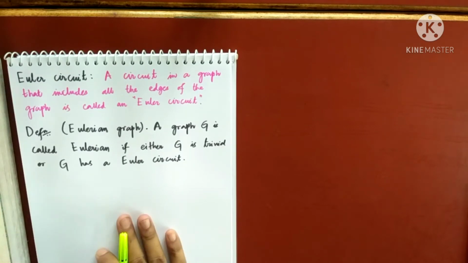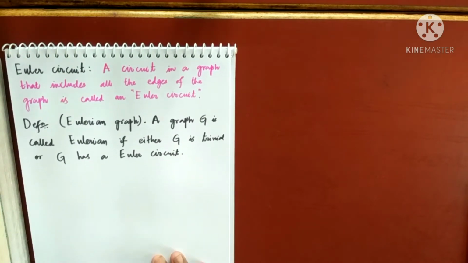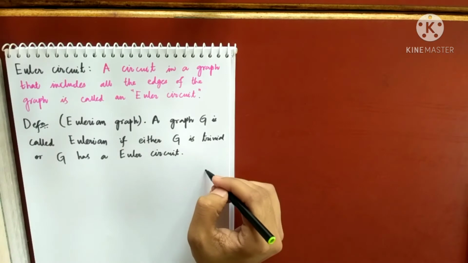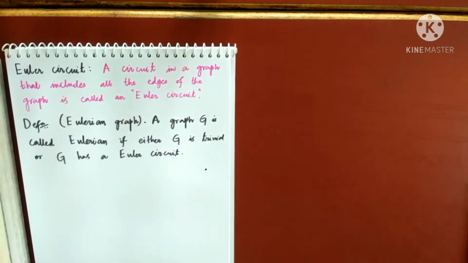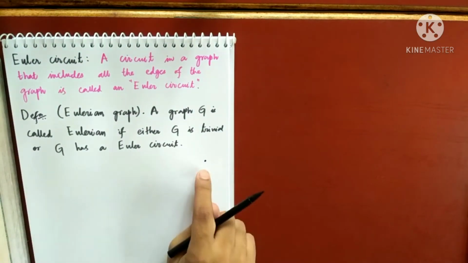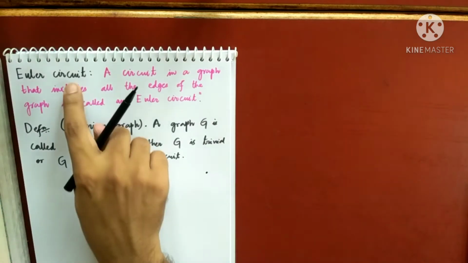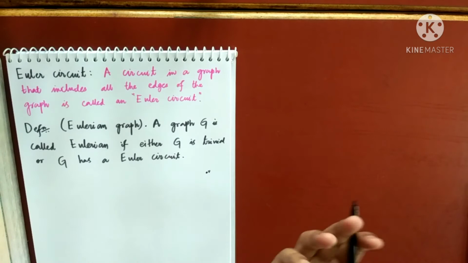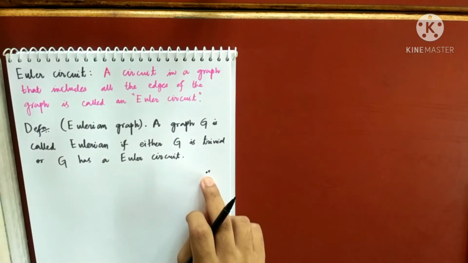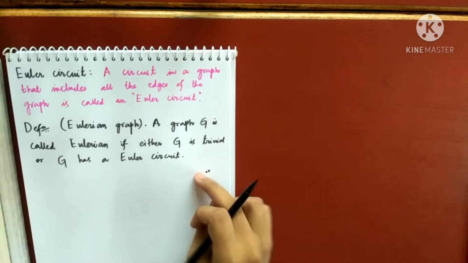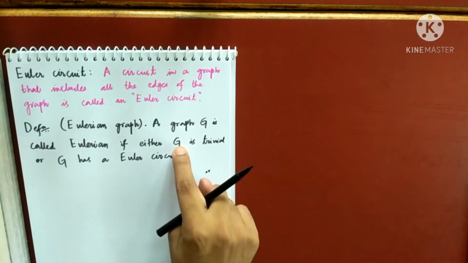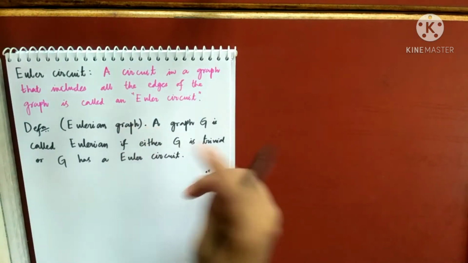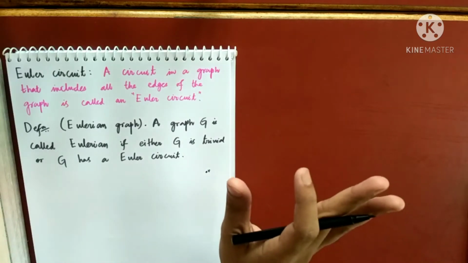So what is meant by an Eulerian graph? When my graph consists of a single vertex, there I cannot talk about an Euler circuit. Or maybe you may think that V2V is a circuit, but there are no edges, by the way. So basically, we are calling this graph Eulerian by definition. So if the graph is trivial, we'll call that graph Eulerian. We are assuming that basically.